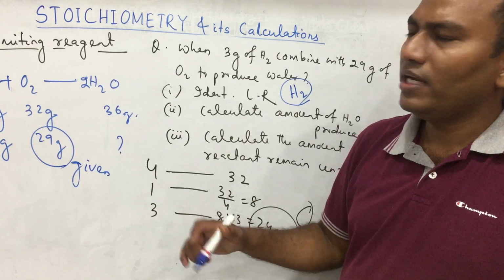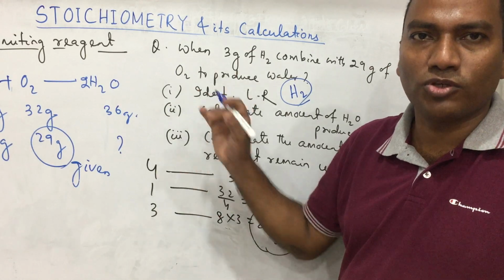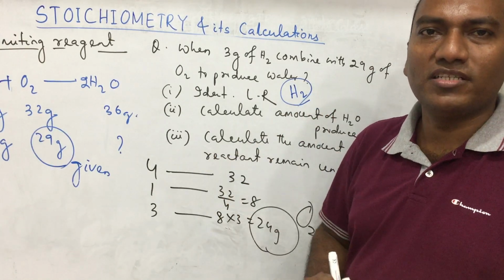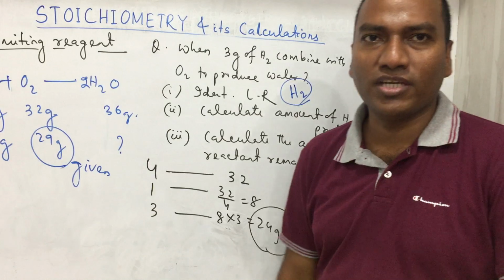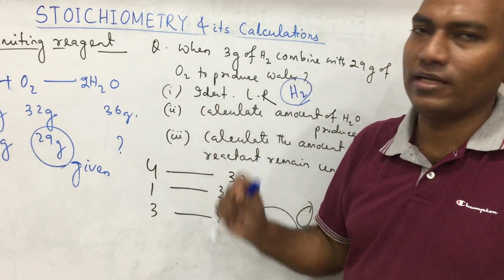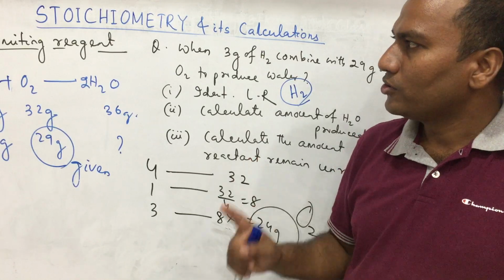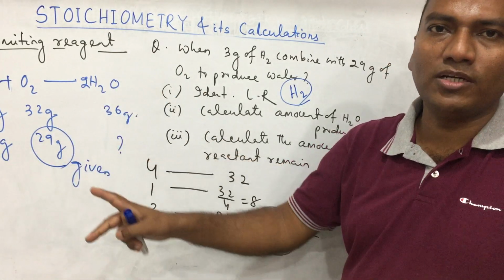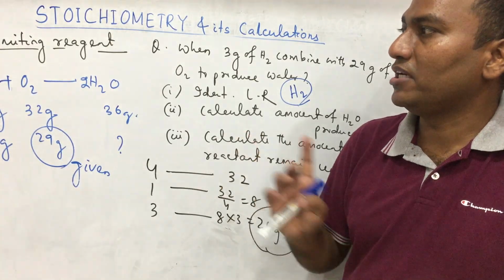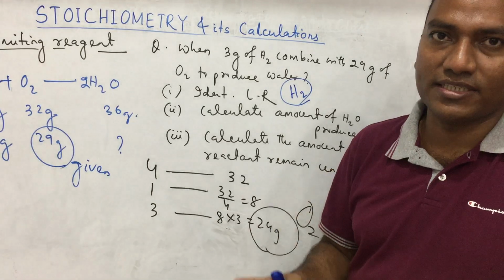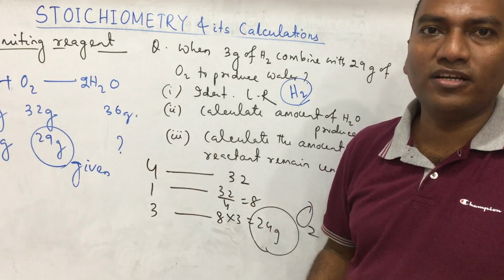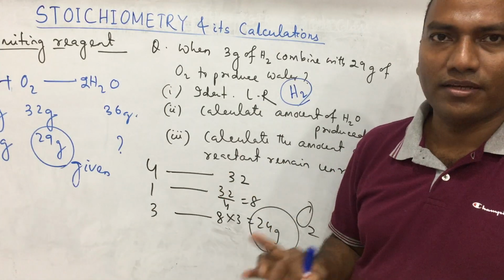So when any question related to stoichiometry comes, in one question everything will be there. First we have to check the limiting reagent, yes or no, and how much water is produced, that part also we have to calculate. Understood? So limiting reagent means out of the two reactants, one reactant will be completely consumed. This is called the limiting reagent. The other one will be in excess, which is known as the excess reagent. So the product always depends on the limiting reagent. Okay, understood?